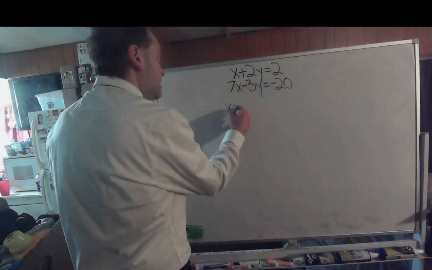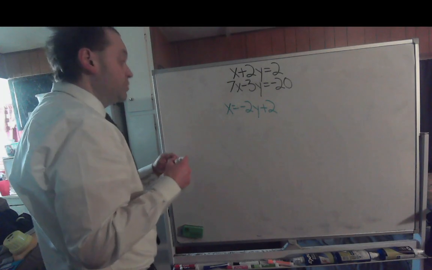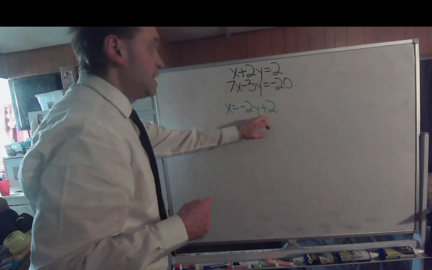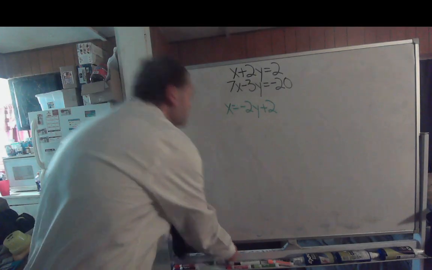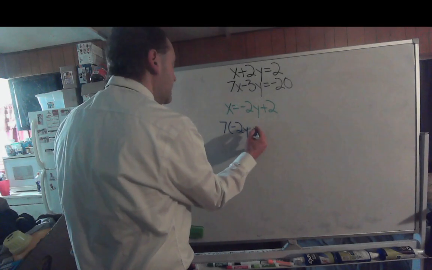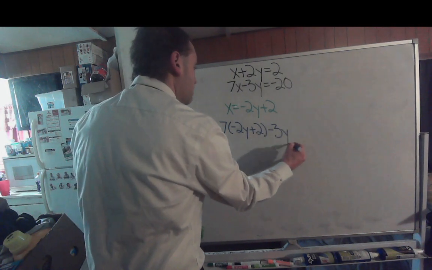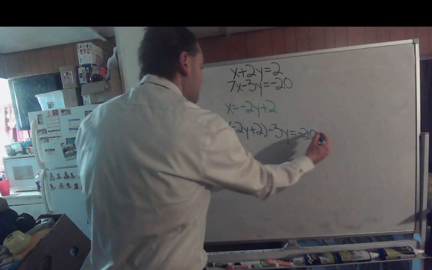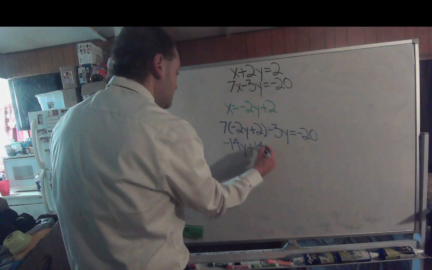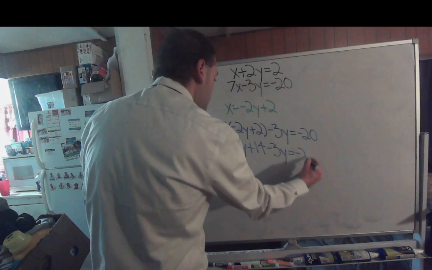If you did that, you would get x equals -2y plus 2. Now we can take wherever you see this for x in the second equation, substitute that -2y plus 2 in for the x. So here's what it's going to look like. 7 times the negative of 2y plus 2 minus 3y would all equal -20, which would give you -14y plus 14 minus 3y would equal -20,